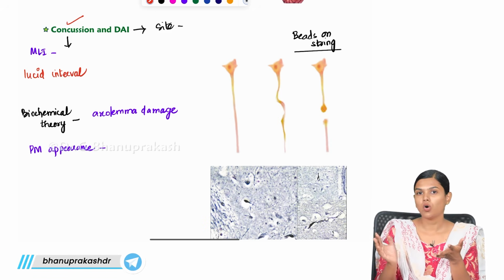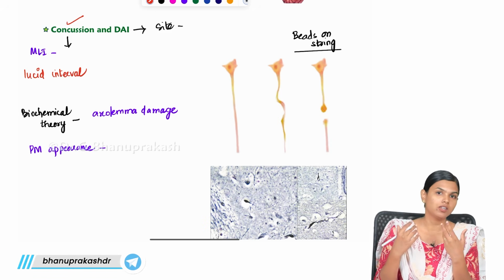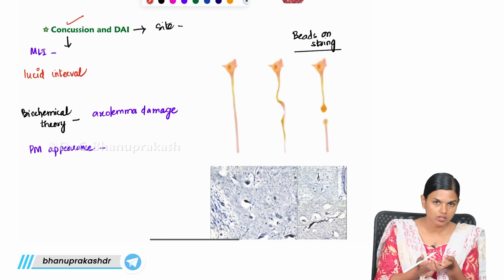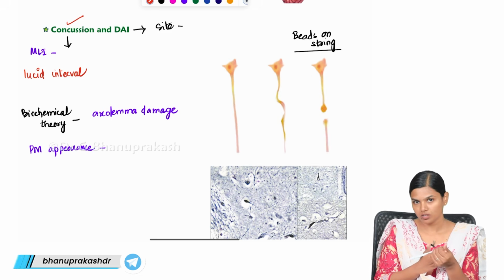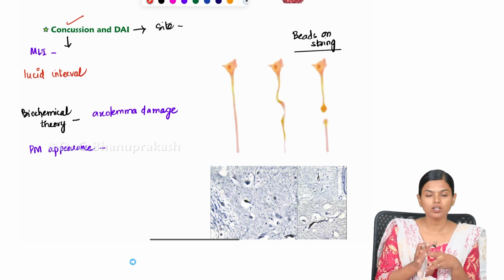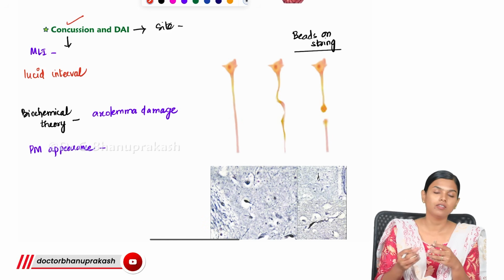And if they go home and they get some very serious complication or they die, then you will be called for negligence. So people will put a negligence case against you. So this is the medico-legal importance of this concussion. You have to monitor them. When they give a history of concussion, you have to monitor them for a period of 24 hours.